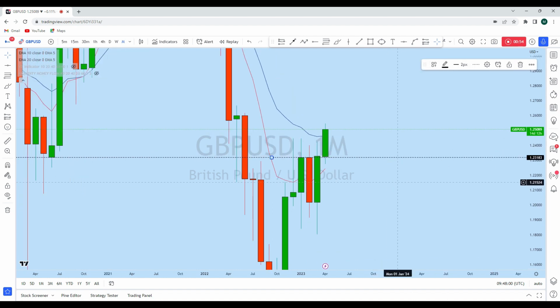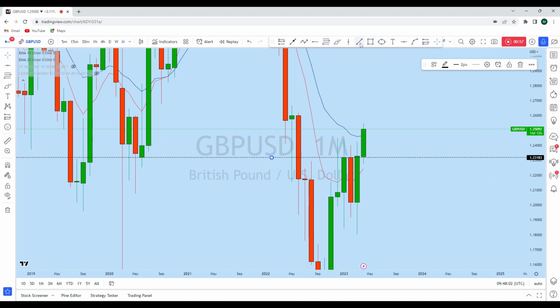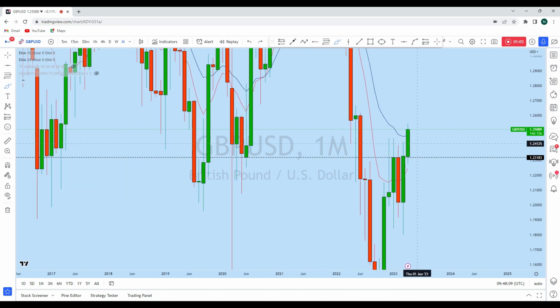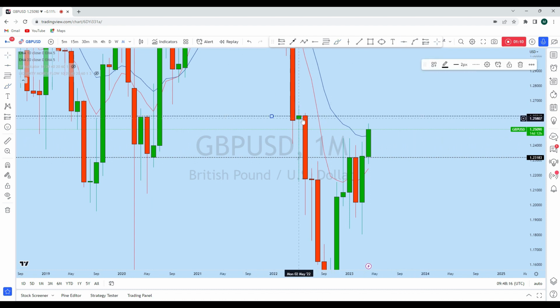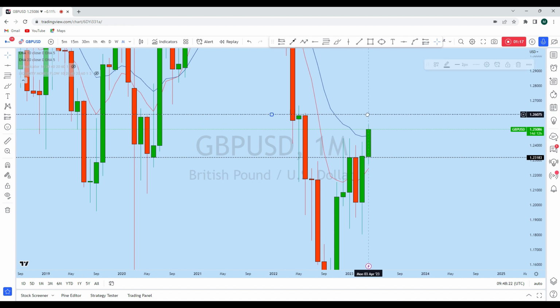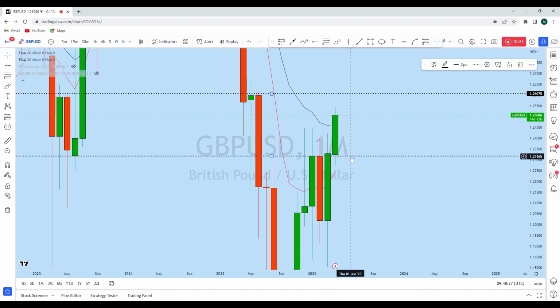So as a result, this month, once the market opened, we have seen that GBP USD, after a little pullback, started to move to the upside. With that movement, what I think we can expect in this move is that at least the price should test this resistance zone, where there is high liquidity with this monthly doji, or even break this high to create a new higher high. Now as this is the weekend, we might see a deeper pullback in this instrument, and with that pullback we could find